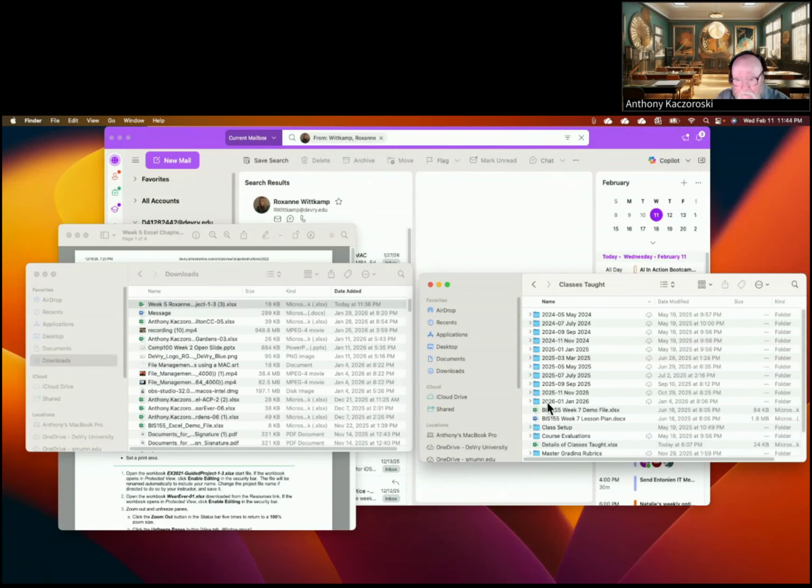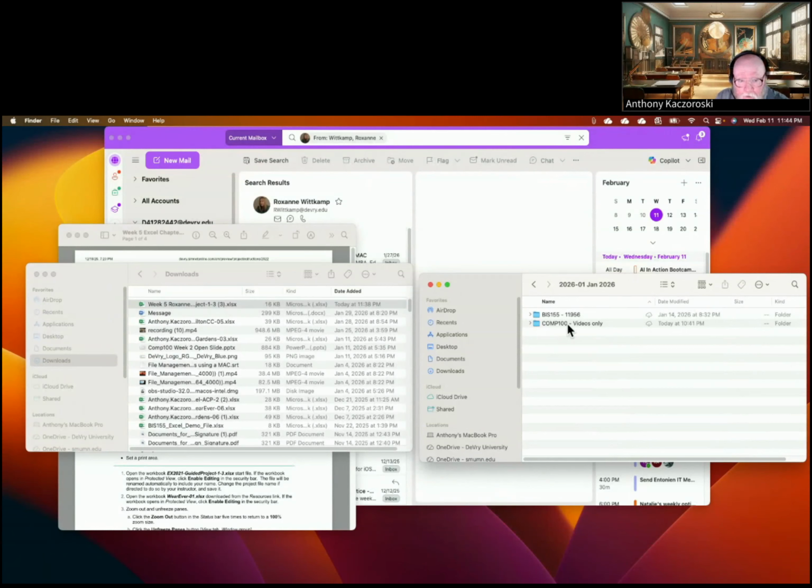I label it this way so it sorts in numerical order, 2026-01. So 2026-03, which is our next term, would come after this. And I put the January 2026 after it. It's just for readability. But you're going to go in here and you're going to see that there's a COMP100 folder, which I have, teaching another class, BIS 155, and I'm also helping Dr. Woodcamp with the Mac tutorials for COMP100. And then within there, you're going to see I have the weeks that I'm doing my